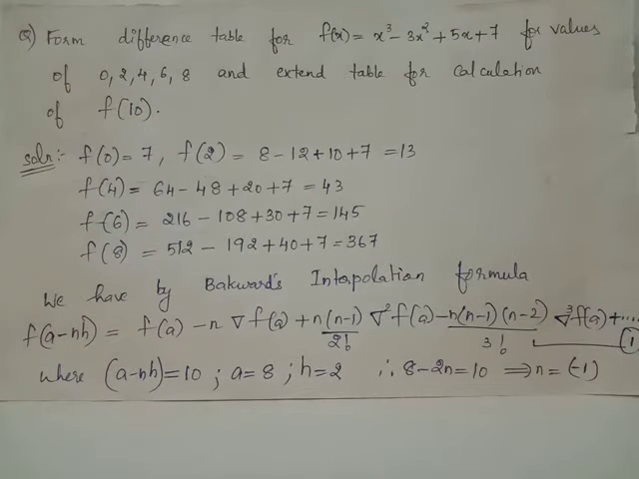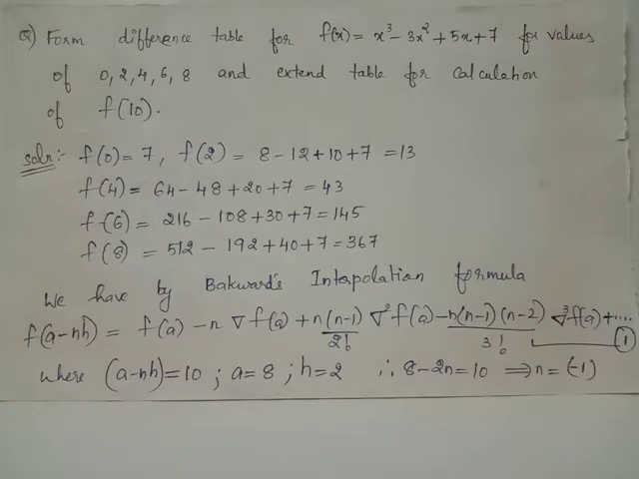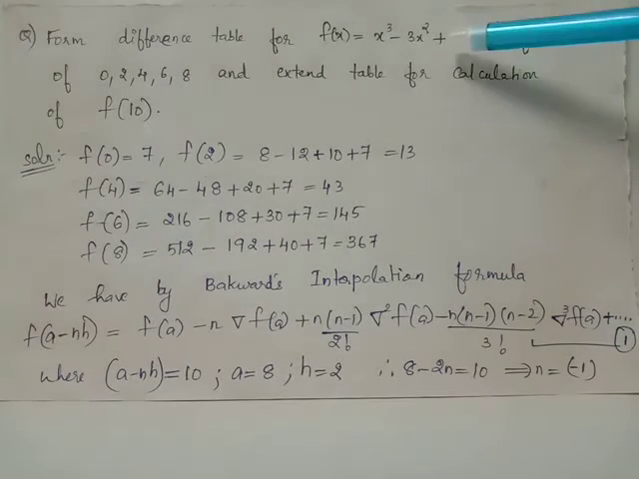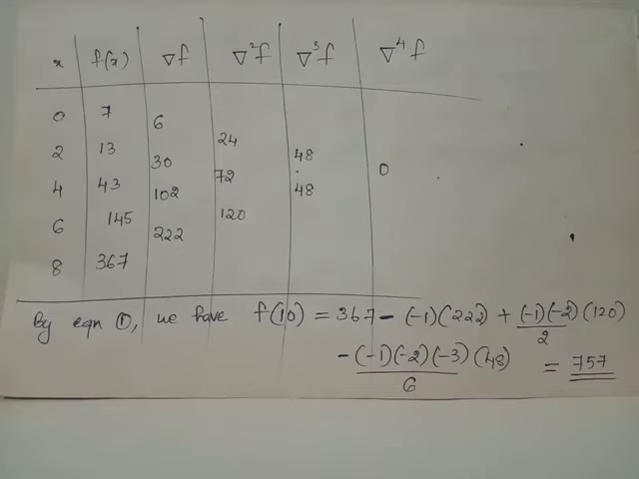We have f of 0 equals 7 by just giving x equals 0 in f of x here. We have f of 2 equals 13 by giving x equals 2 here. f of 4 equals 43, f of 6 equals 145 and f of 8 equals 367. We have the difference table obtained as